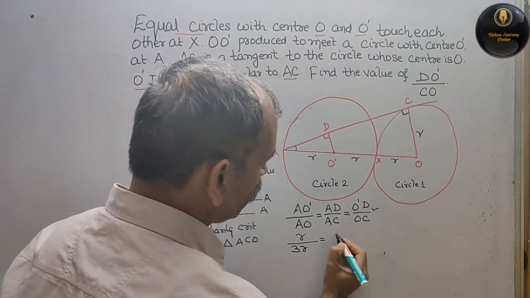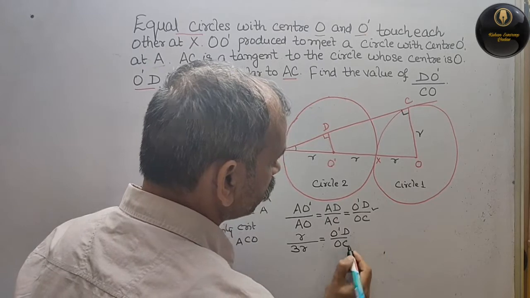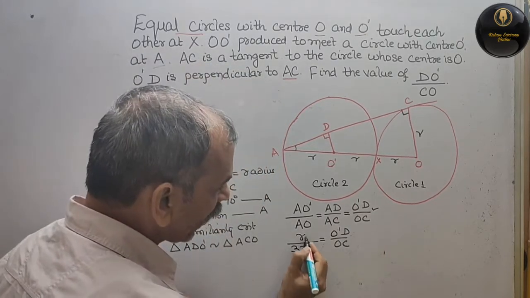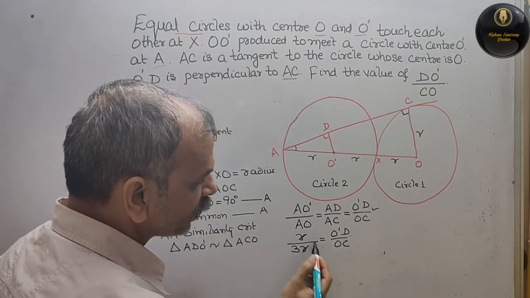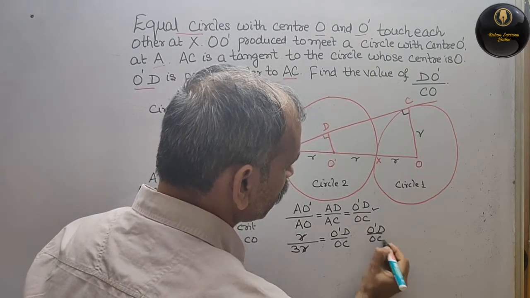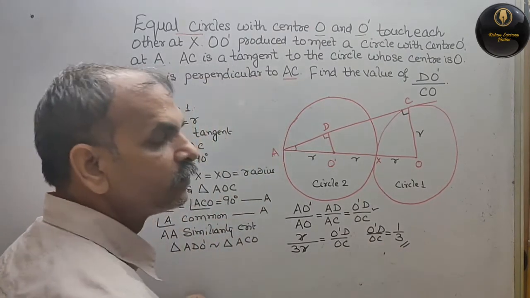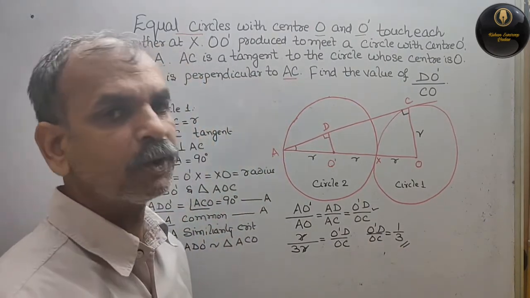So we will write that only, O dash D by OC. Now R and R gone. So what are the ratios? Now we can say O dash D by OC is equal to 1 by 3. ठीक है, तो इस तरह से आपको इसको निकालना।